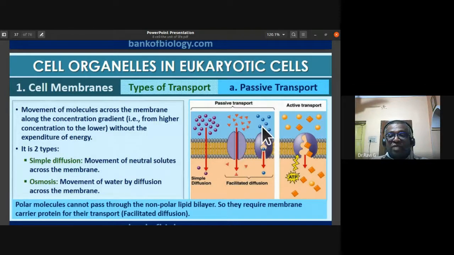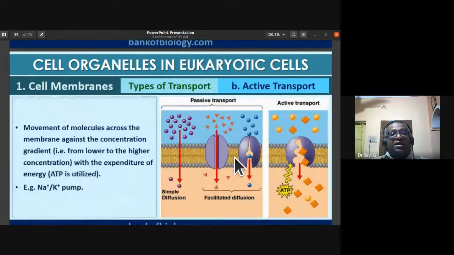So here you can notice the facilitated diffusion wherein the polar molecules are going to be transferred across the membrane with the help of carrier protein. Okay, so they cannot just enter into the membrane because the non-polar lipid bilayer prevents their entry. So in order to overcome this, they have certain proteins called carrier proteins, which carry the particles and facilitate their entry through the semi-permeable membrane. Since it is facilitated by a carrier protein, we call this type of diffusion facilitated diffusion.